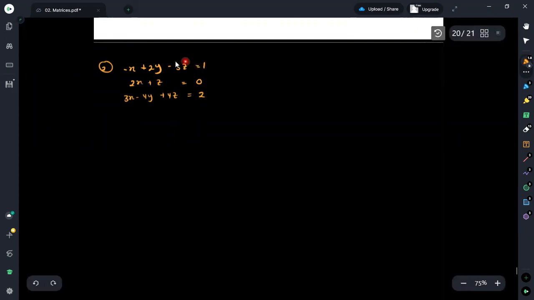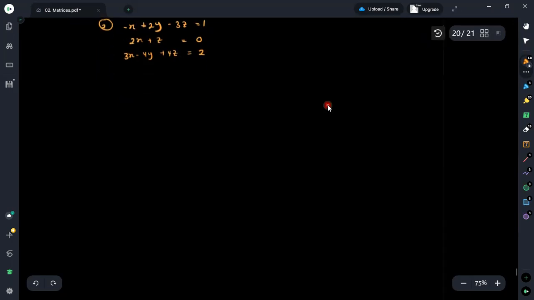But what we need to do next is align the variables accordingly. In the first equation, it is x, y, and z. If we follow this form, in the second equation it is x and z only. There is no variable associated with y. Then here it is x, y, and z. No need to change the order. Variables are in order. Therefore, I am realigning this in this form.